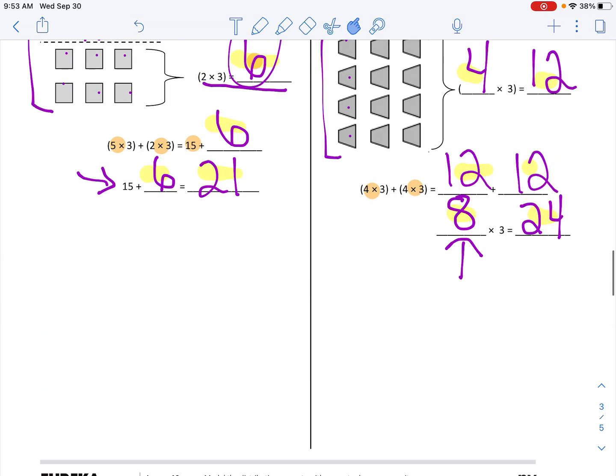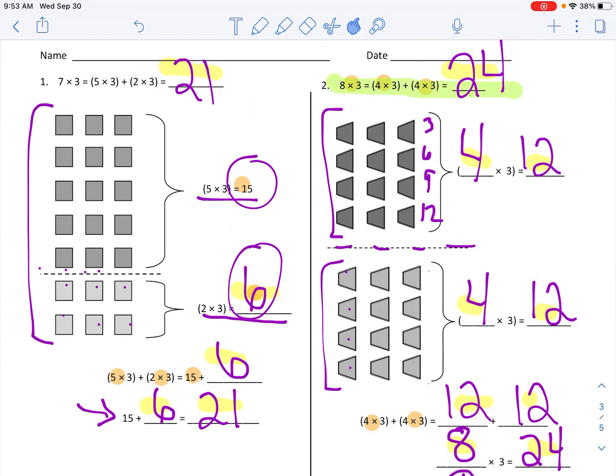Okay, go try your homework page. If you get stuck and you can't remember how many of these to fill in, make sure you come back and